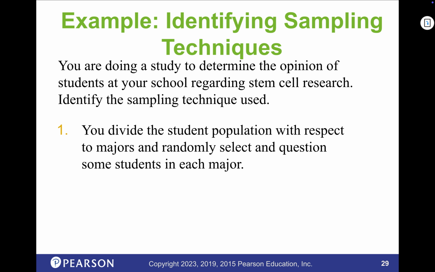Here are a few for you to decide. What type of sampling is this? You divide the student population with respect to majors and randomly select and question some students in each major. Which kind of sampling is that?